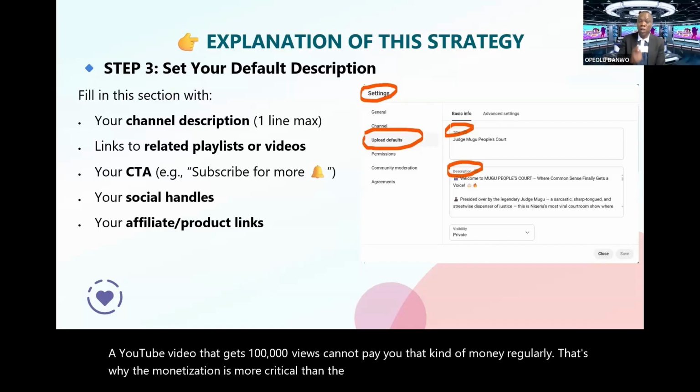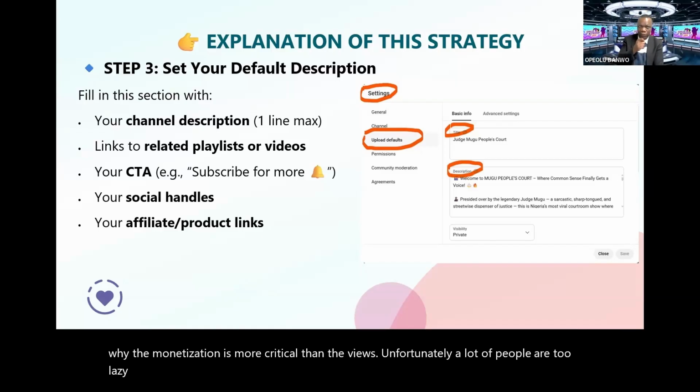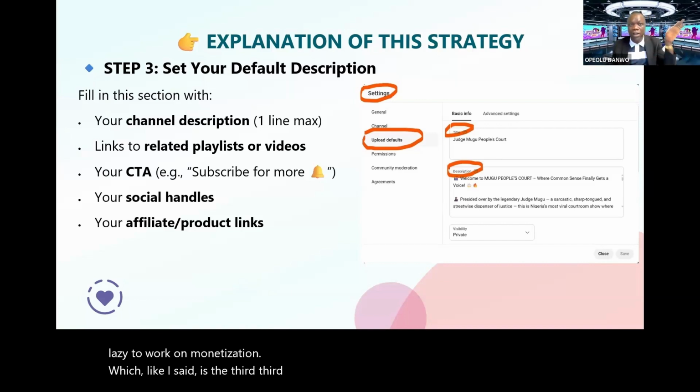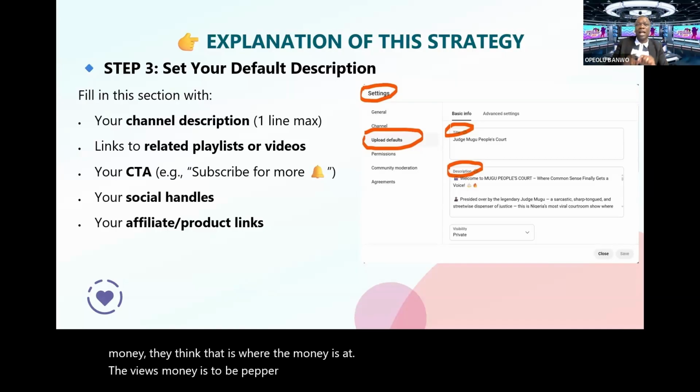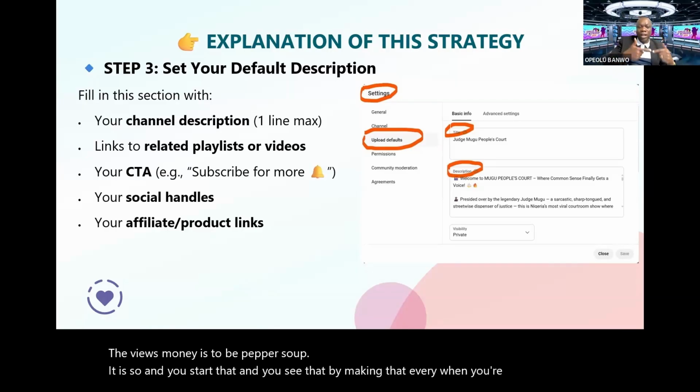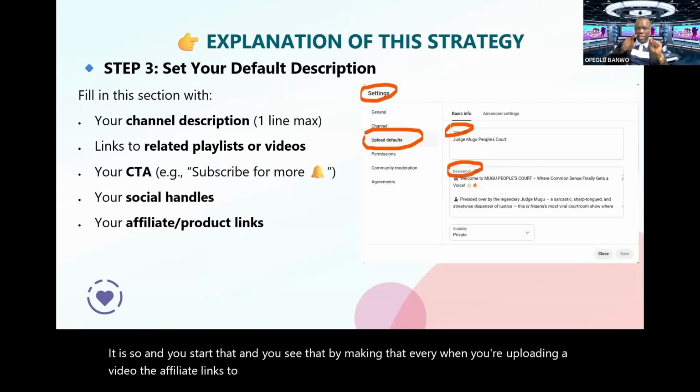Unfortunately, a lot of people are too lazy to work on monetization, which, like I said, is the third level. That's big boy level. Once they start to see some money, they think that is where the money is at. The views money should be pepper soup. You start that, and you seed that, when you are uploading a video, by putting the affiliate links to the products that you mentioned in your video